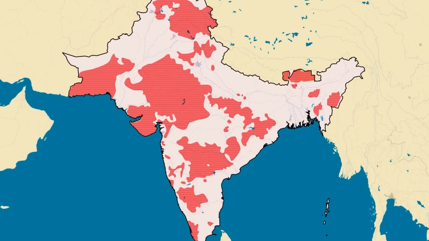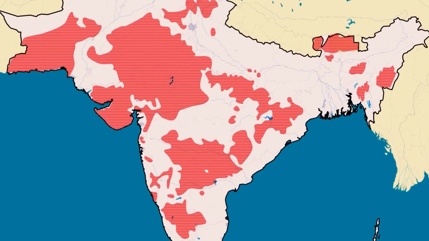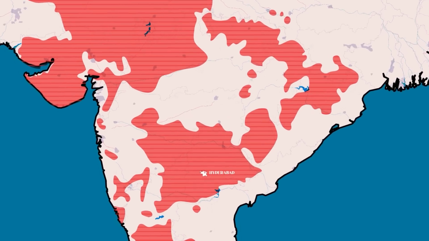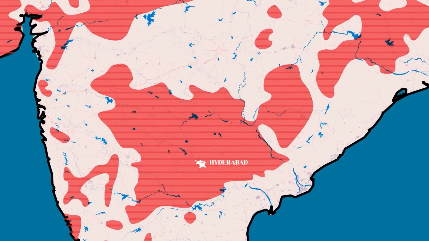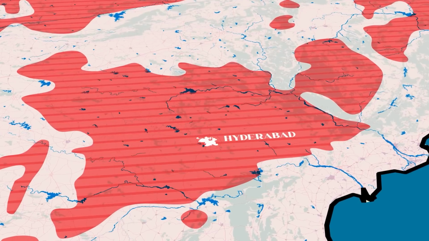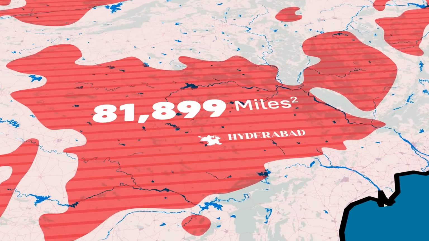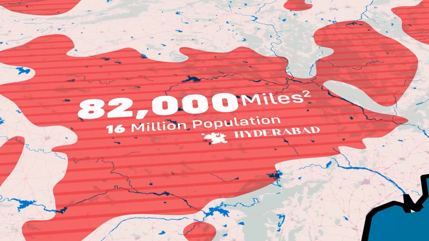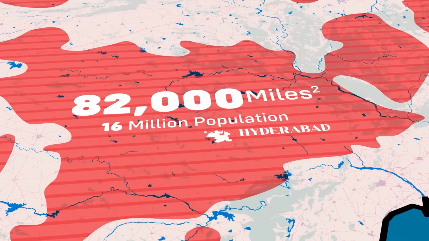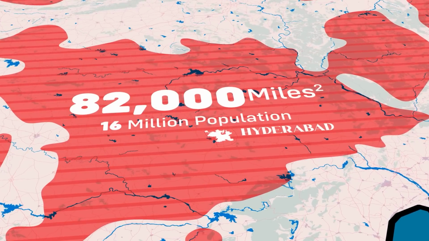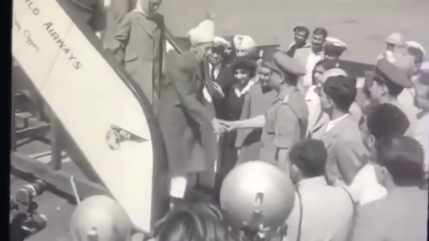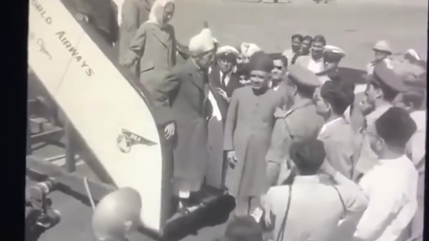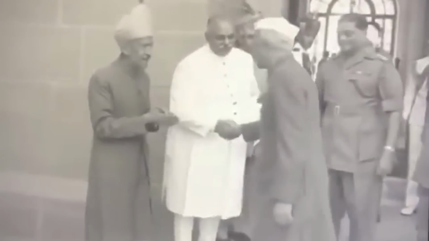Hyderabad occupied a pivotal position in the heart of India, bordered by the central provinces to the north, Bombay to the west, and Madras to the east and south. As the premier princely state, it spanned 82,000 square miles, had a population of 16 million, and generated hundreds of millions of rupees in annual revenue. Despite 87% of its population being Hindu, the state was ruled by Nizam Osman Ali Khan, a Muslim, and its politics were dominated by Muslim elite.